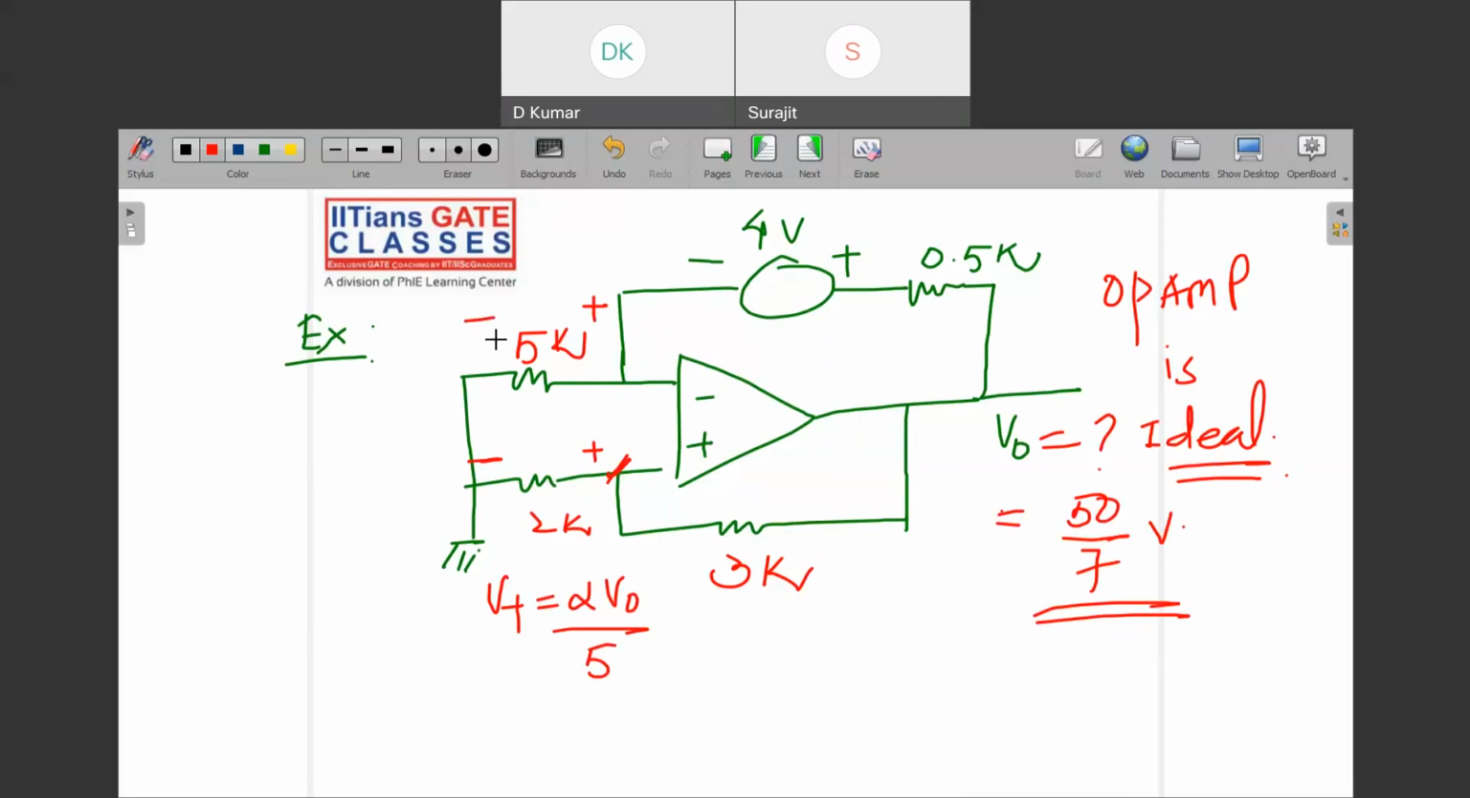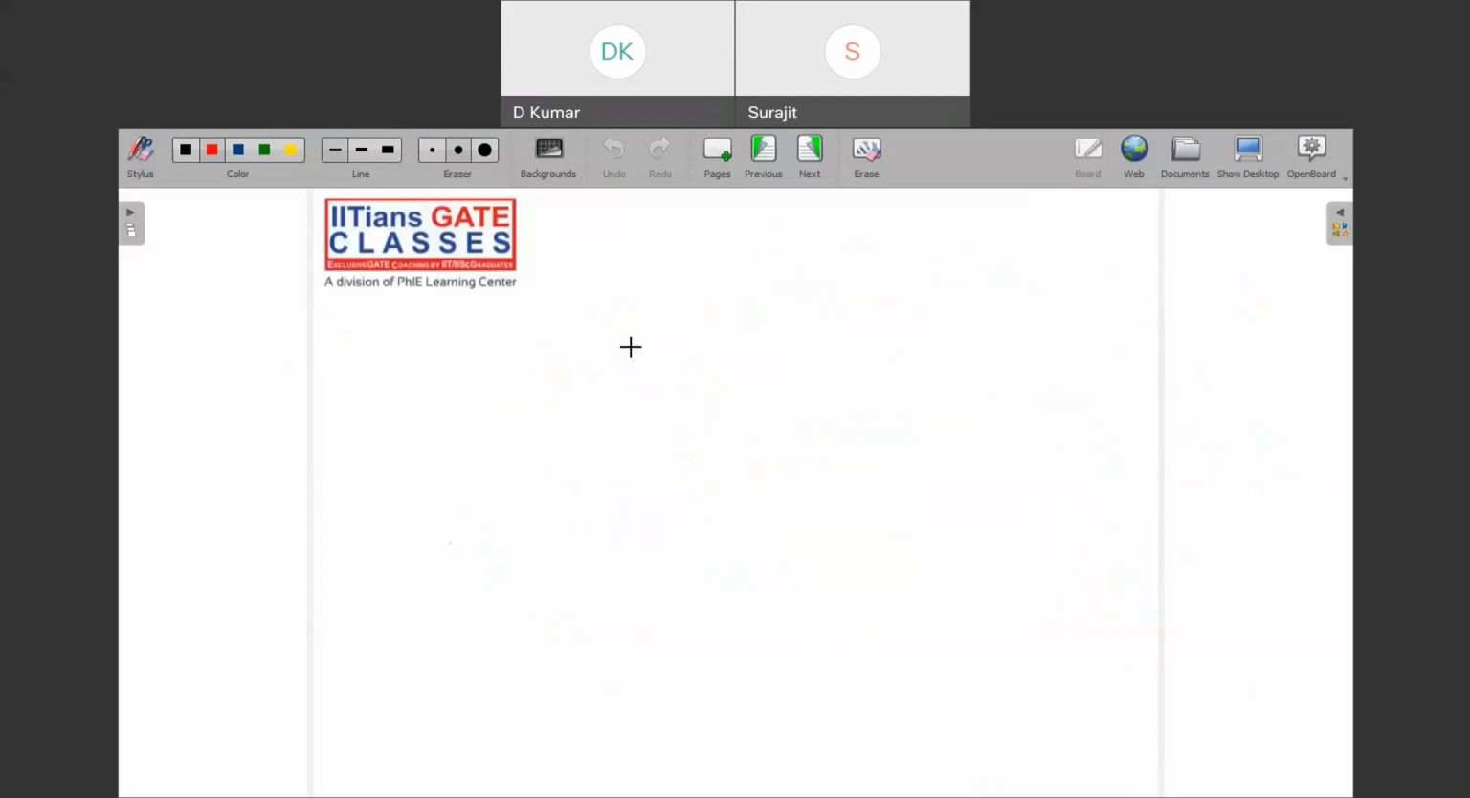Then you can go ahead and apply KCL or KVL, whatever you want. You can apply KCL at this point. You will get everything. The incoming current equals the outgoing currents, and you will get 50 by 7. Okay, Surajit, do I need to solve this problem? No. This is how you have to solve it, because you know the node potential, now apply the